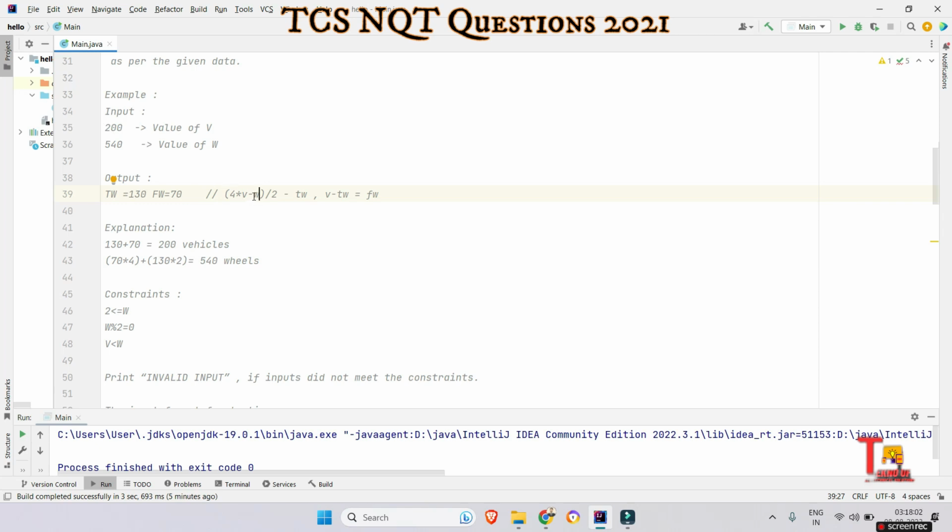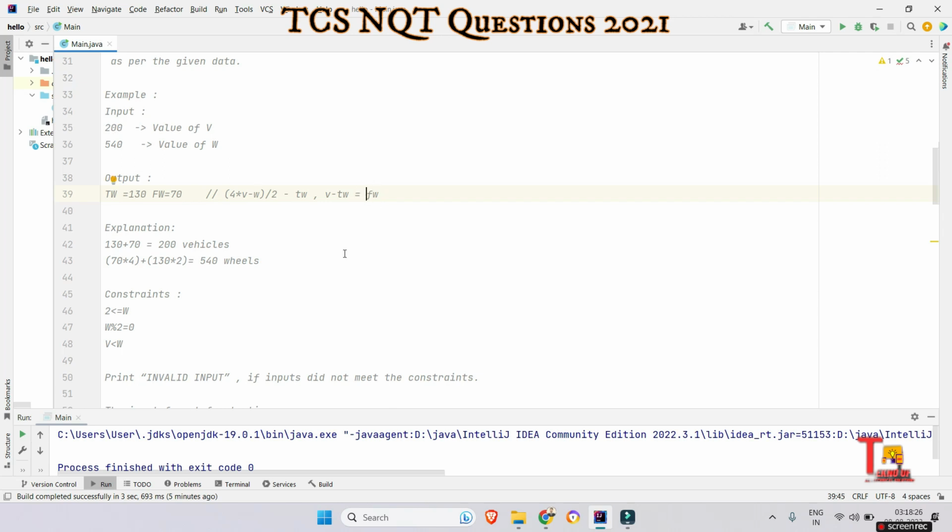And subtract this by the total wheels, 540, that will be 260, and if you divide by 2, then you will get the total two-wheelers manufacturing possibility, right? And if you subtract the total two-wheelers from the total vehicles, then you will get the total four-wheelers,